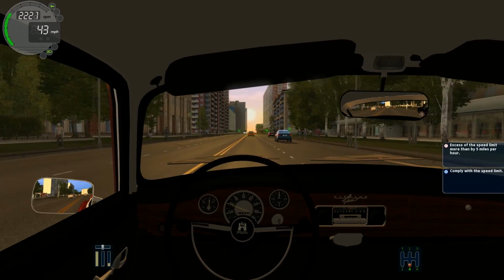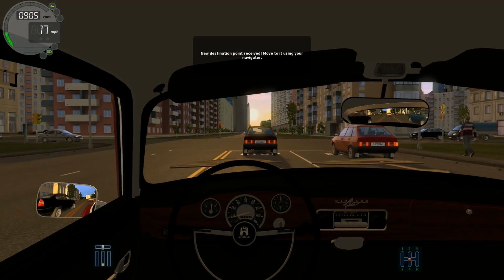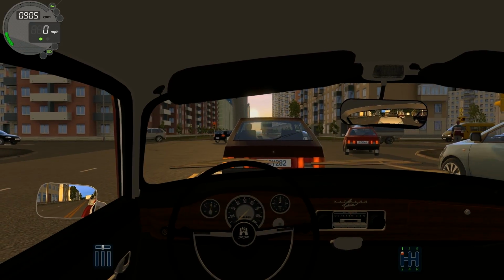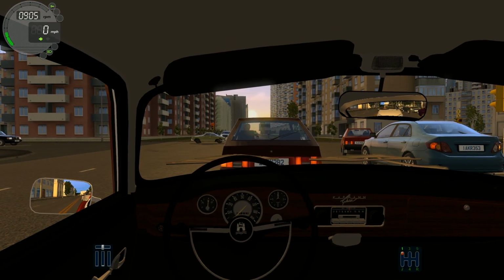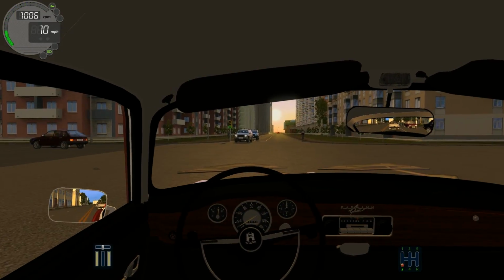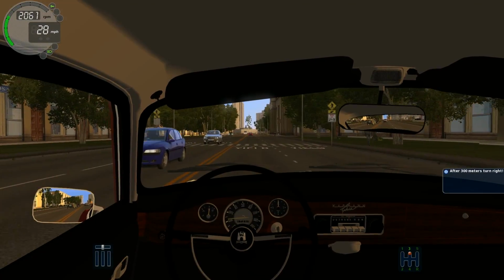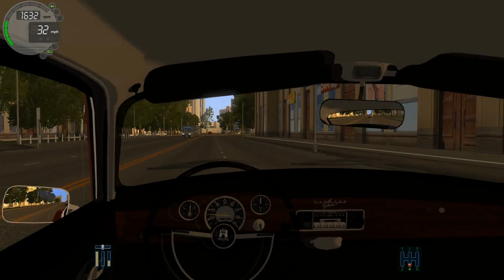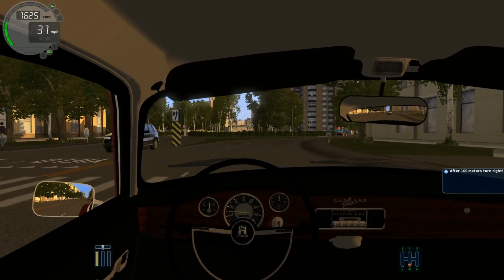But the next vehicles that we're gonna go through are gonna be the ones that my parents drove while I was growing up, and then of course we're gonna go to those vehicles that I drove when I finally got my license. And so I think it's gonna be quite an interesting journey, because there's a lot of vehicles that you will see. Now of course we are a little bit limited by what I can get on the modding market. I do hope that all the vehicles that are significant to me in one way or another, that I will find them. And so far I looked a little bit earlier. It looks fairly promising. There's certainly not everything, but for the most part they are there. And so it's going to be quite an interesting journey, where I have more to tell than just with this one. With this one, really,